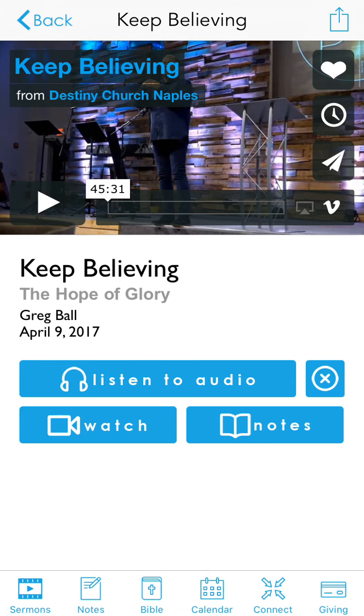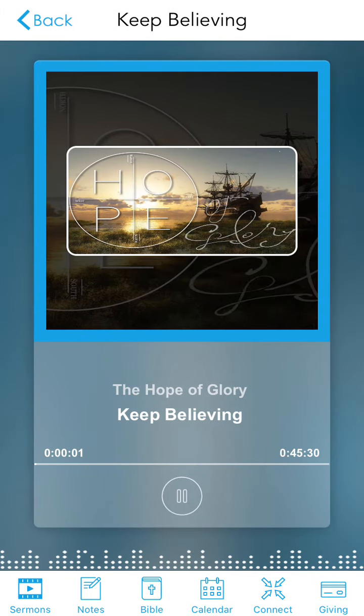So I'm going to click listen to audio, and it takes me into the player, and it immediately starts playing because it's downloaded now, so it takes no time to stream. You can see along with the fact it's playing, and you can see the time moving, you can see there's an animation at the bottom. The significance of this animation is not only that it looks fun while you're listening, but also if I navigate